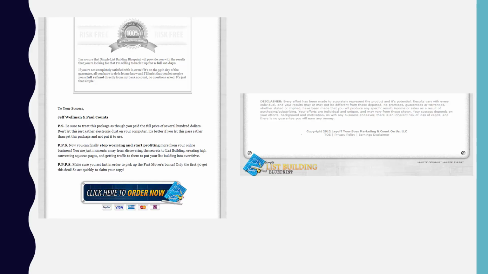There's your PS. The PS field is really important to sales copy because it's here where you can actually sell them on additional benefits. And so you could say, PS, make sure you take action right now because this offer could be going away. The price is increasing. If you act right now, you're going to be that much closer to your dreams and your goals. So those are things you can add into the PS field there as well.